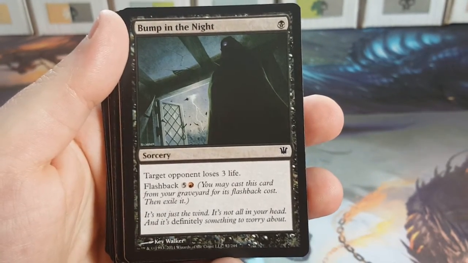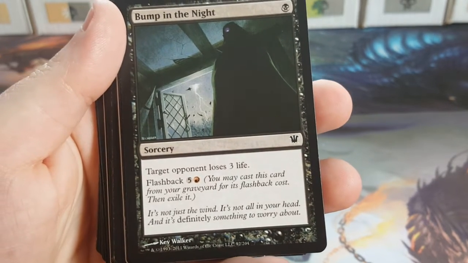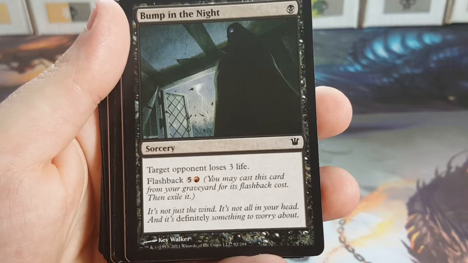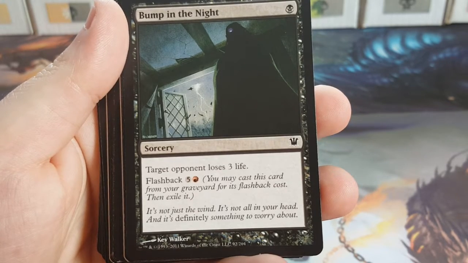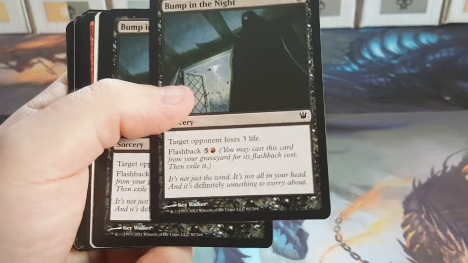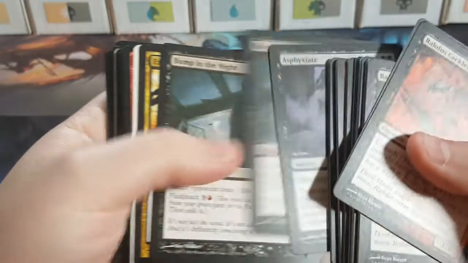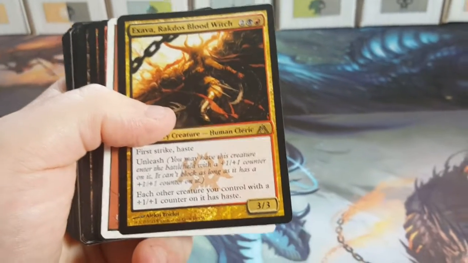It's basically a black lightning bolt, but you can flash it back for red later if you need to, and it loses life, and the loss of life can't be prevented. So it's a little bit better and a little bit worse because you can't target creatures, but it's basically a lightning bolt. Alright, so for the rares,